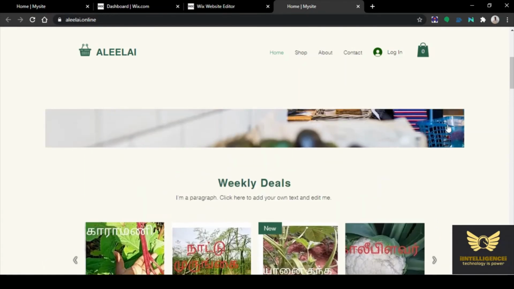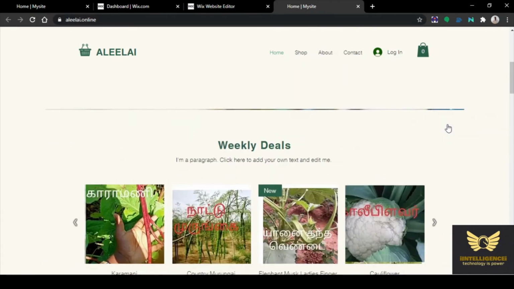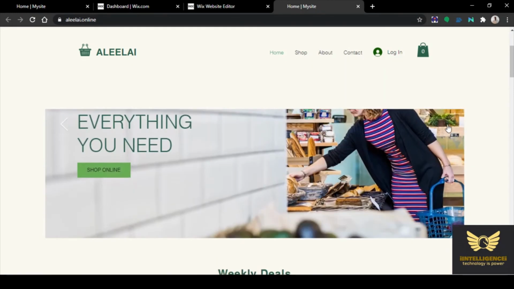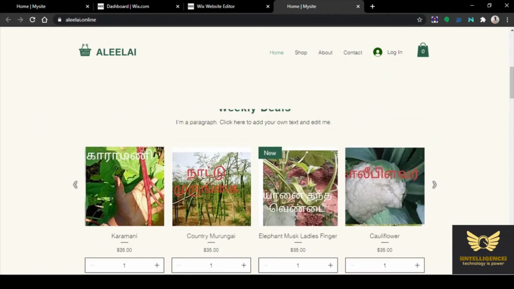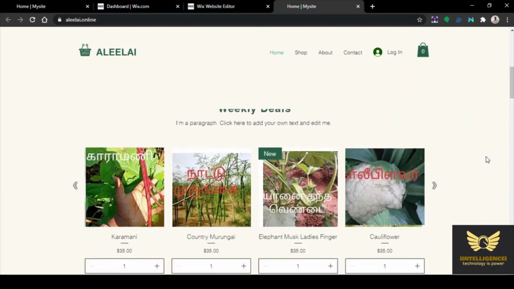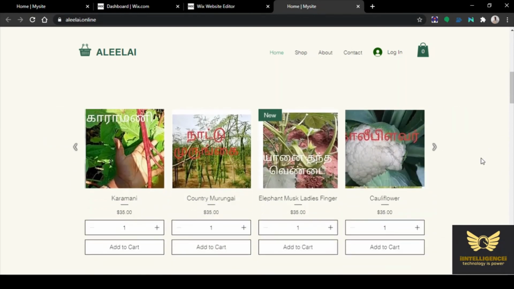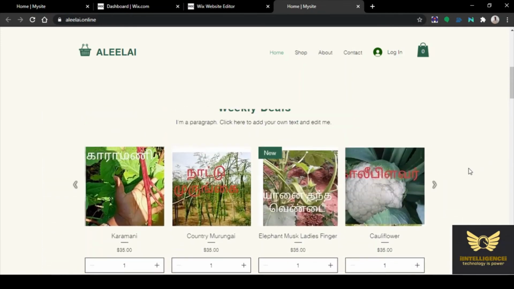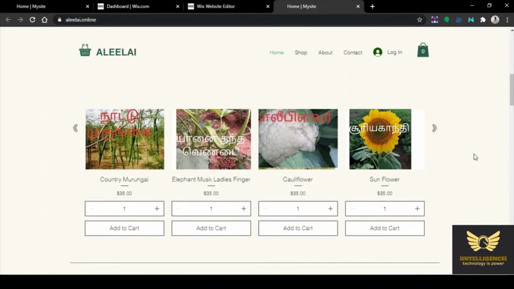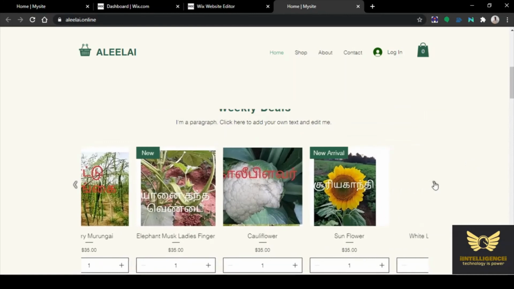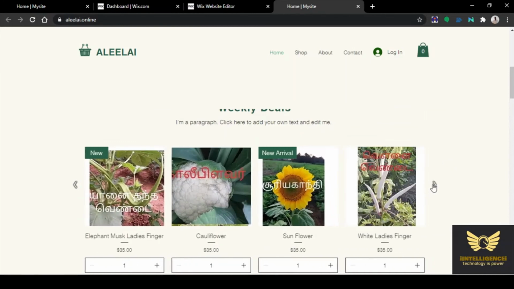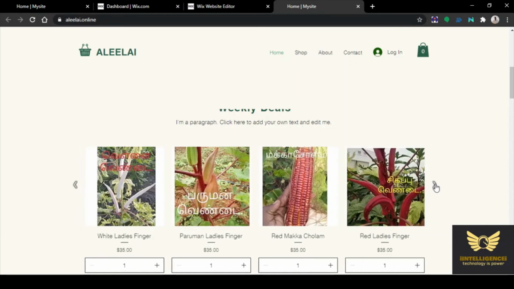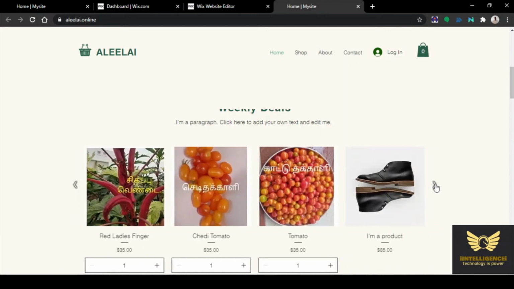Let us scroll the site and check. Looks nice. So further modifications, anything if you want, you can make it using the Wix website editor. It comes on a rotation basis actually.